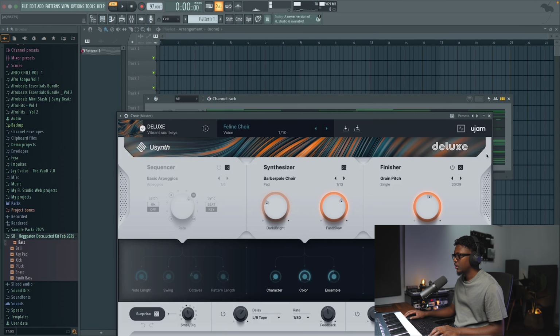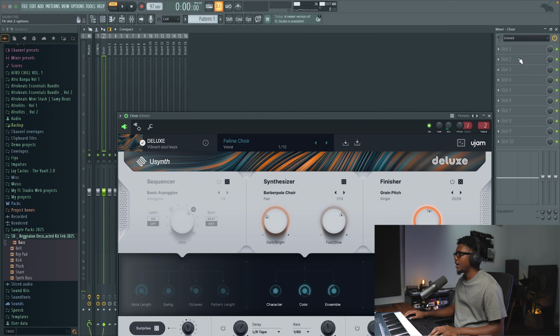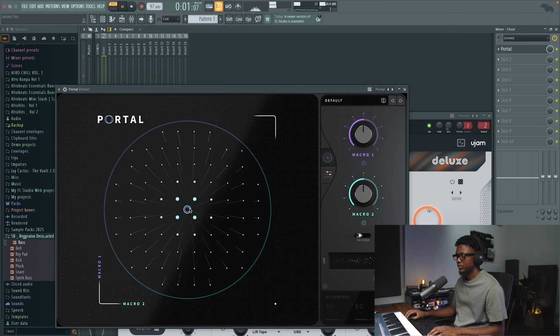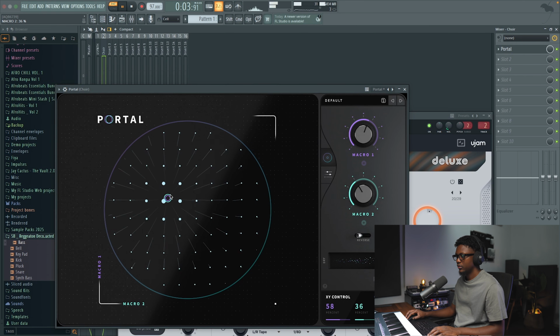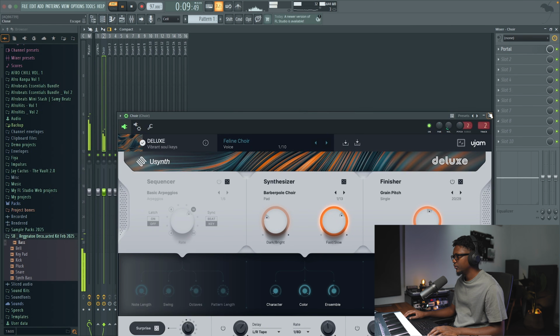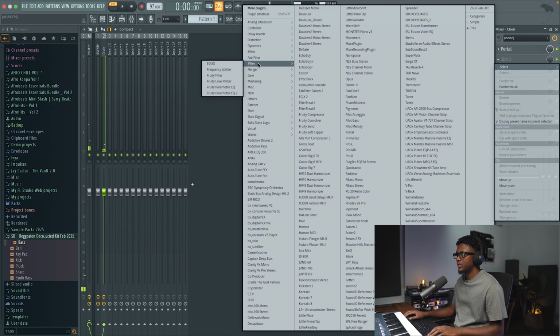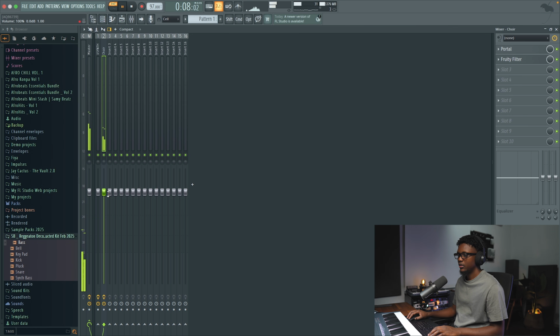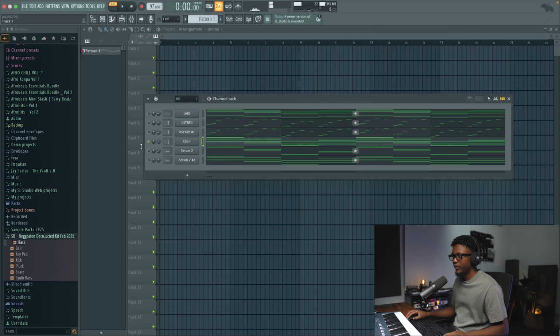Then mess with those a little bit. Okay, sounds crazy, and I think I'm going to add Portal on it. Normally Portal will add more harmonics to it, make it sound much more interesting. Okay, and also I can add a filter. Let's use a fluty filter. Okay, now if we combine everything,